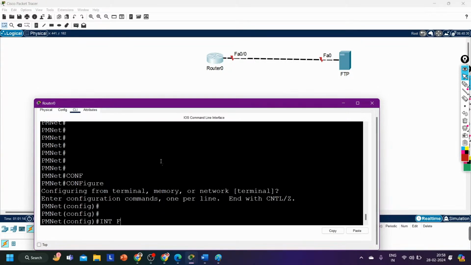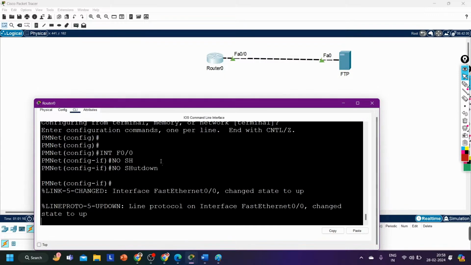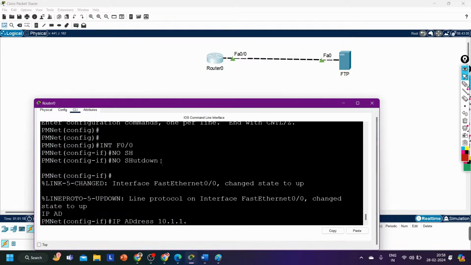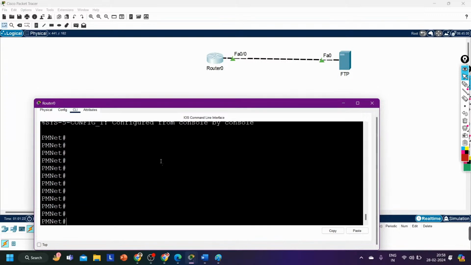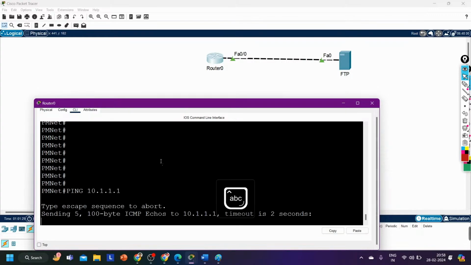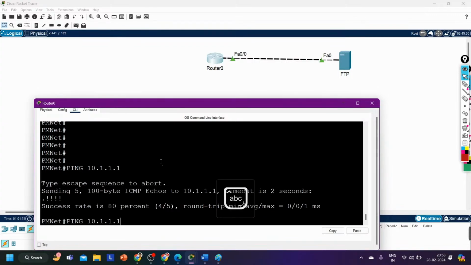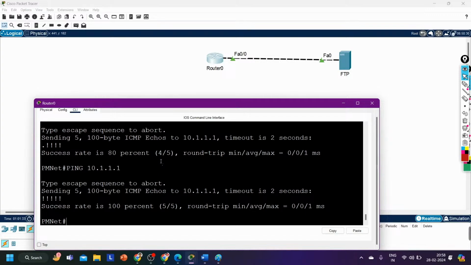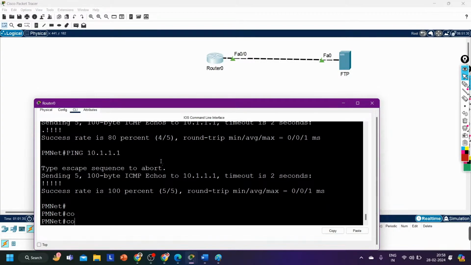Config T, interface F0/0, no shutdown, and IP address 10.1.1.2. Now if you want to save your configuration to a server, the requirement is that there should be IP reachability. So ping 10.1.1.1. Am I able to ping the FTP server? Yes, right? So I can simply say copy